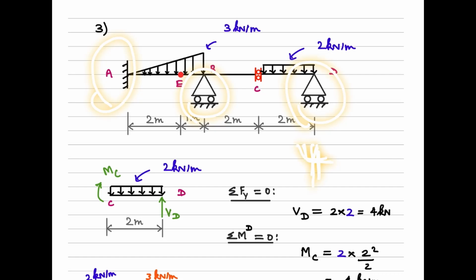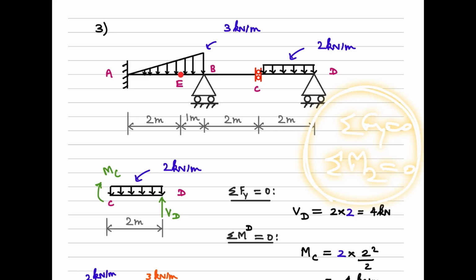And how many equations do we have to solve for them? Four. How? Summation of Fy equal to 0 as usual, and summation of M equal to 0. So there are two equations. We don't use summation of Fx equal to 0 as the beam is not acted upon by any horizontal force, right? So these two are there, and apart from that, we'll get two more equations due to the presence of